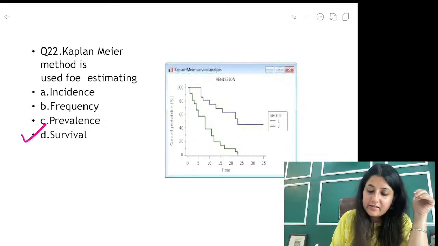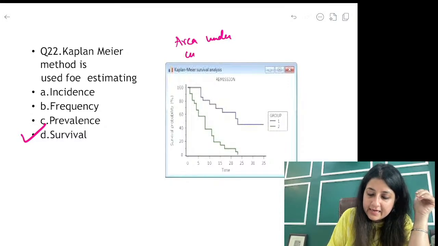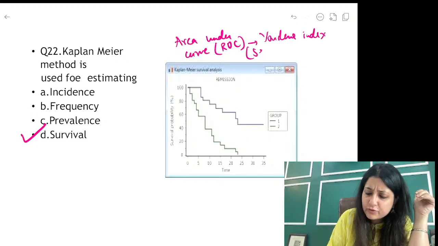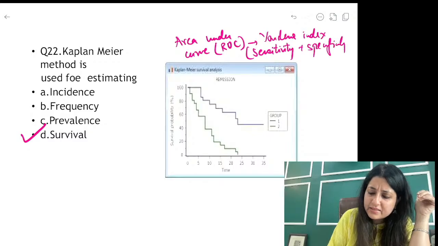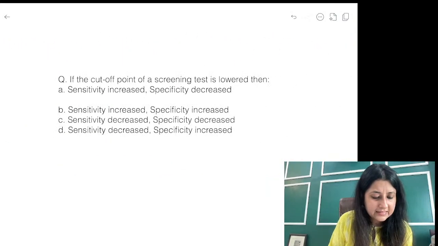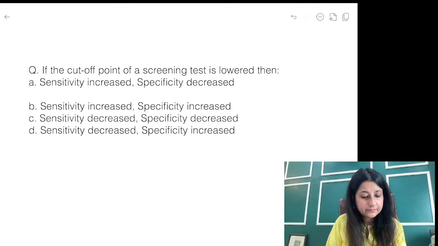Yes, area under the curve is given by Youden's index. Area under curve in an ROC. Okay? In a ROC, area under the curve is given by something known as Youden's index. This I don't think they should ask in FMGE or NEETPG. Its formula is sensitivity plus specificity minus 1. Okay? So this I don't think they will ask in this one. Alright, what is the answer to this?